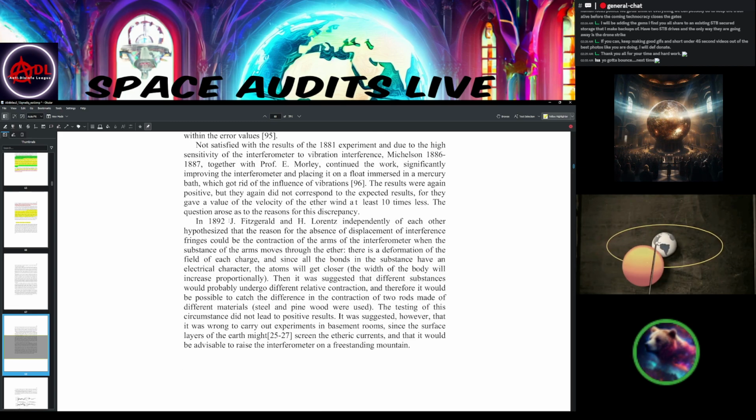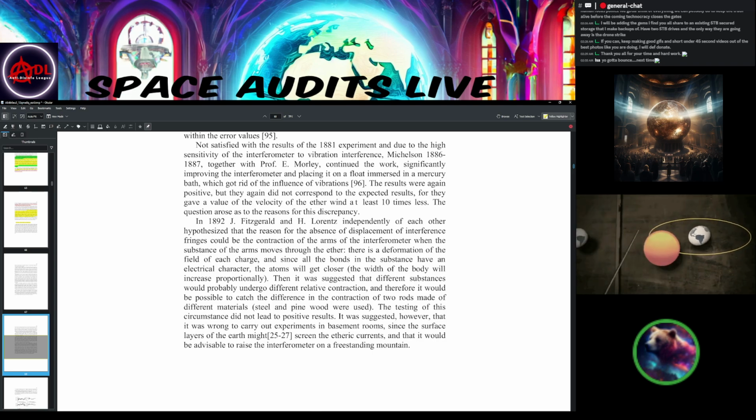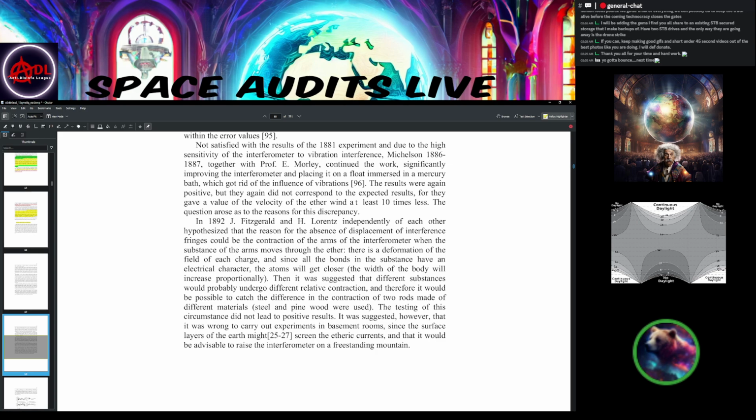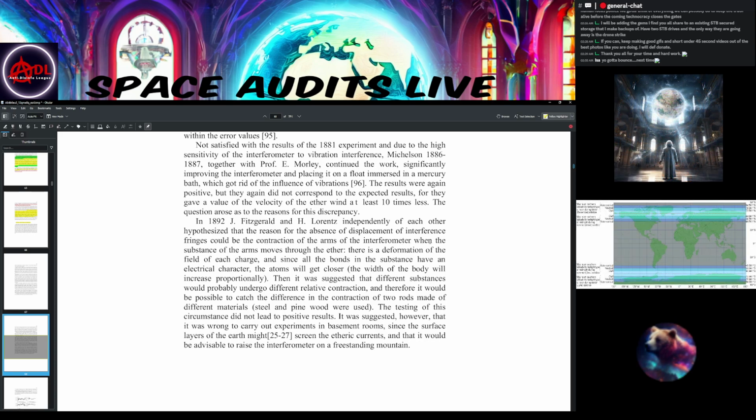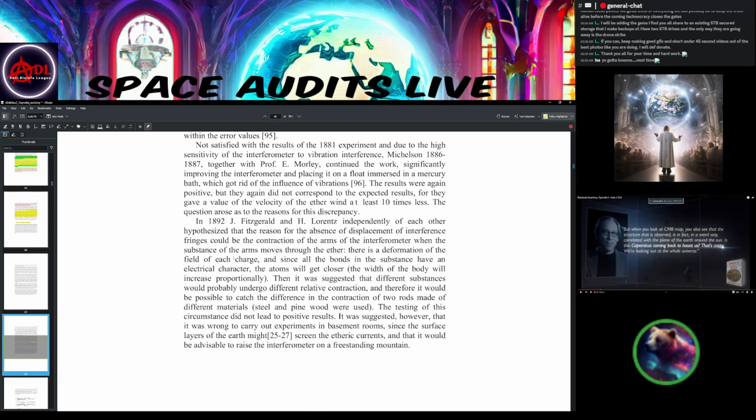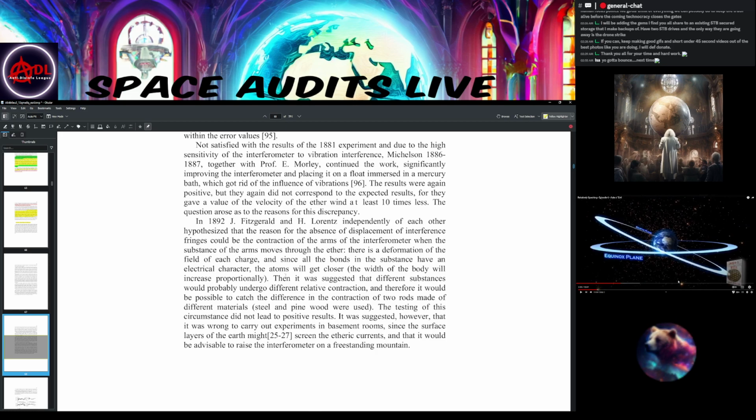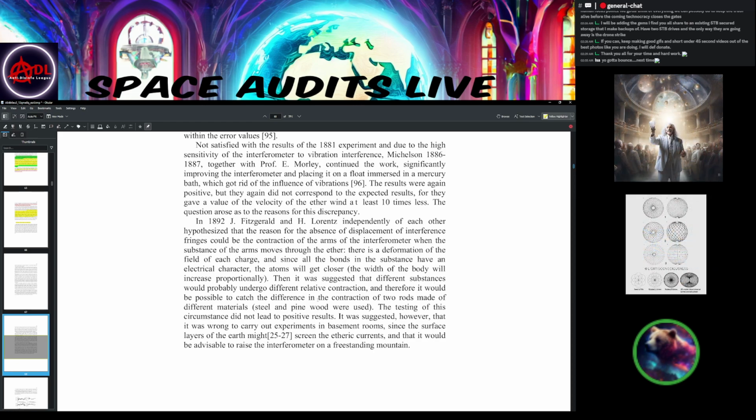In 1892, J. Fitzgerald and Hendrik Lorentz, independently of each other, hypothesized that the reason for the absence of the displacement in the interference fringe could be contraction of the arms of the interferometer when the substance of the arms moves through the ether. Therefore, there is a deformation of the field of each charge, and since the bonds of the substance have an electric character, the atoms will get closer and the width of the body will increase proportionally. Since it was suggested that different substances would probably undergo different relative contractions, and therefore it would be possible to catch the